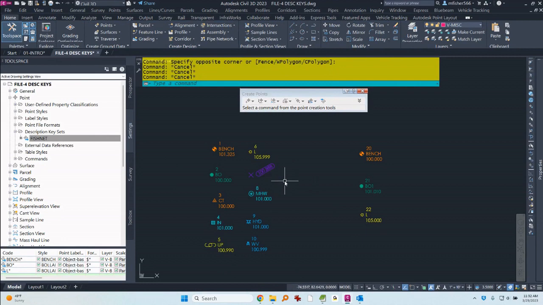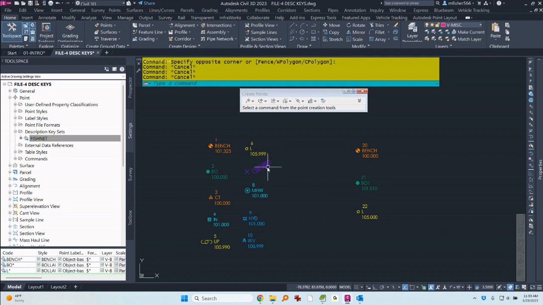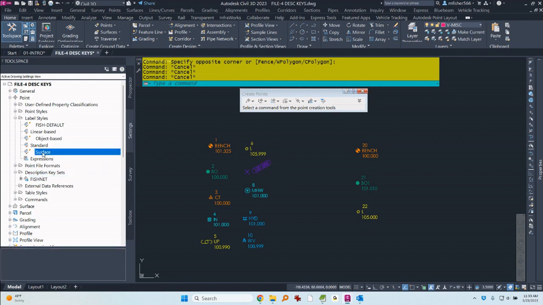But before I go any further, wouldn't you agree that if I'm looking at 2000 points on my screen, anything that's purple with an angle with that rectangular kind of oval thing looking around it catches your eye very quickly and very easily. That is part of how I can manage all of this stuff much, much quicker and easier. So I'm going to go back to my label styles and let's go take a look at what's different about that surface style. I'm going to go in here to edit,